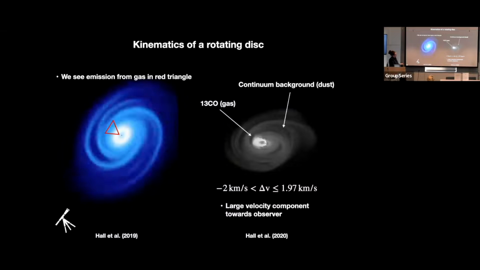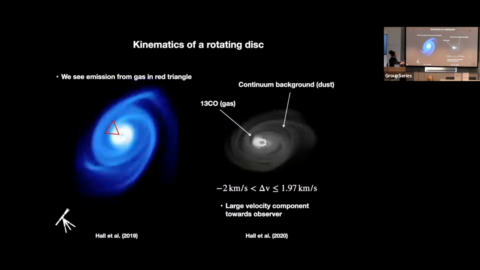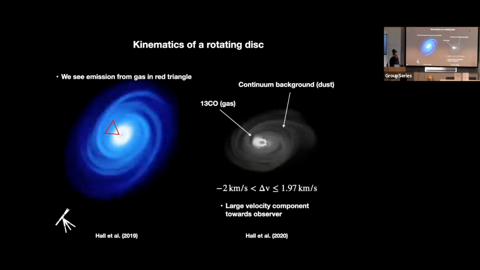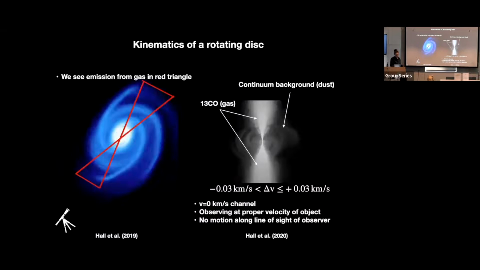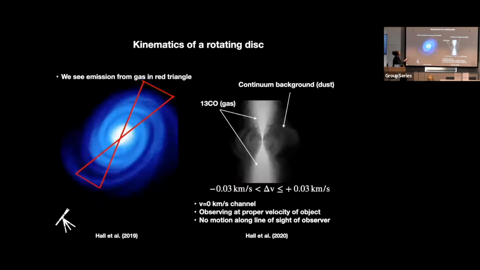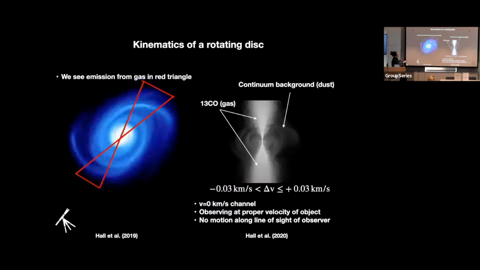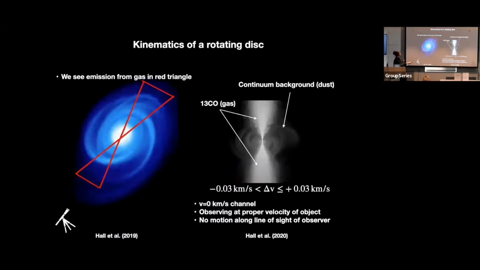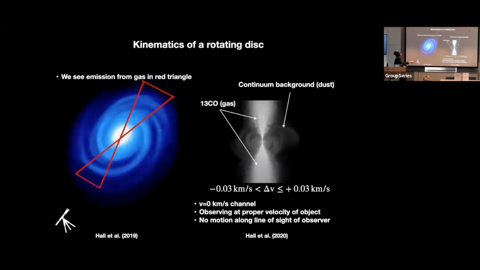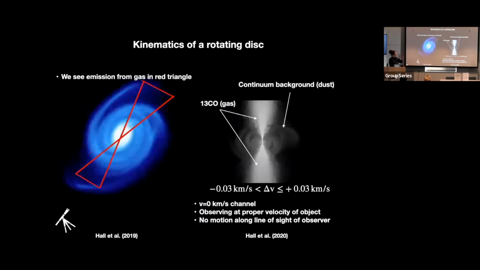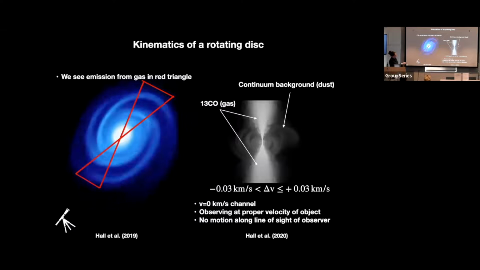So here, looking at this particular channel, okay, channels have finite widths, right? You're going to be probing this region of the disk here. If we want to look at the stuff that basically has no radial motion along our line of sight, that's what we're going to be observing in this red triangle here. So remember, if it was infinitesimally thin, okay, we'd only be seeing the gas in that straight line there as this thing was kind of rotating along our line of sight. So this is the V equals 0 kilometers a second channel.